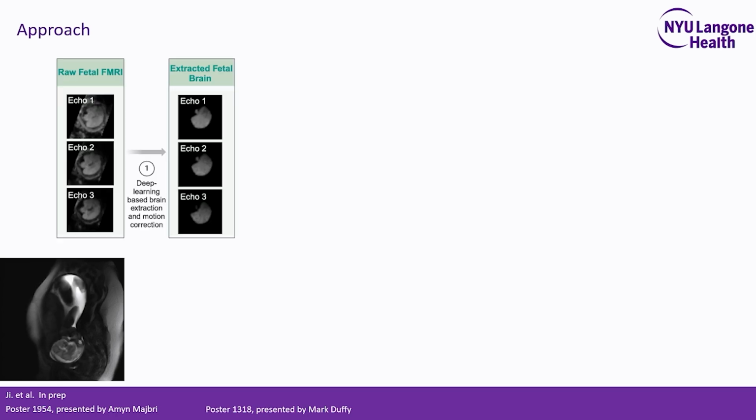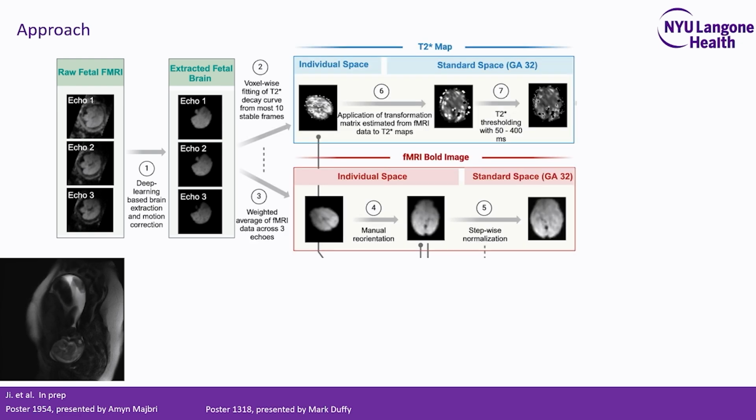So we have spent years overcoming these challenges, and in this study, we used a deep learning based approach to extract the brain from the mother tissue first, and once we get the brain out, we can estimate the T2 star and R2 star at the voxel level. And because the brain can be at multiple orientations, we used a manual reorientation algorithm here and used the fMRI data instead of the T2 star map itself to run the normalization to transform it from the individual space